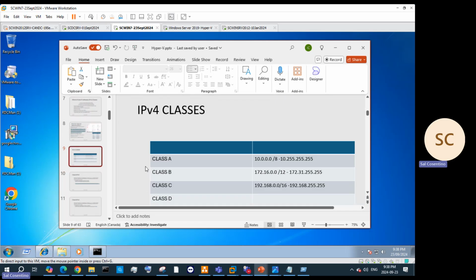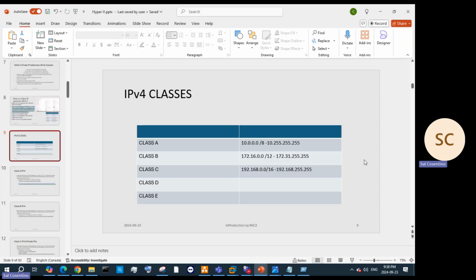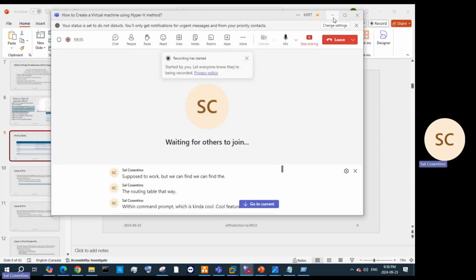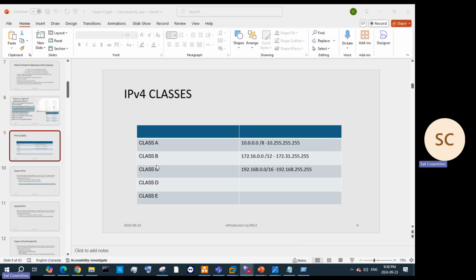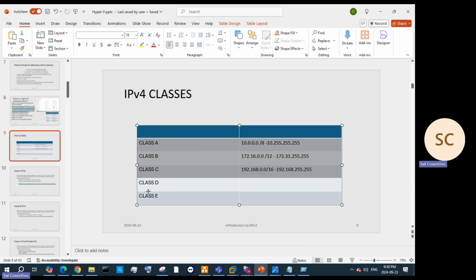Next topic, again, the different types of classes. You guys want to know the different types of classes. Sorry about that. There are 5 different classes in an IP range. We're worried about these 3 classes, and these 2 are other classes that we'll also talk about. But the main 3 that you want to talk about in an internal network, public and private network, are your 10.0.0.0 class A,